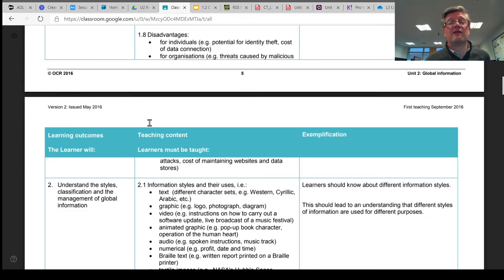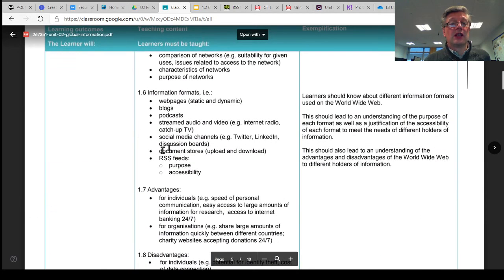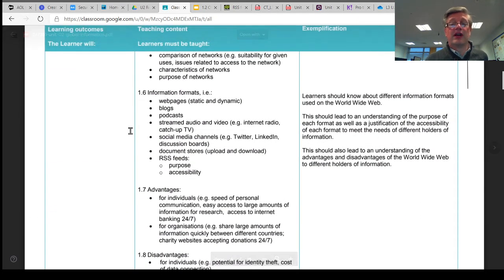Or if your hearing isn't very good, using things like podcasts, well, that's not going to be great if you can't hear it particularly well. But streamed video with subtitles is a brilliant information format. So you need to think about what these formats are, what they get used for, why they're useful for individuals, why they're useful for organizations, but maybe what's not advantageous about them for different organizations and for individual